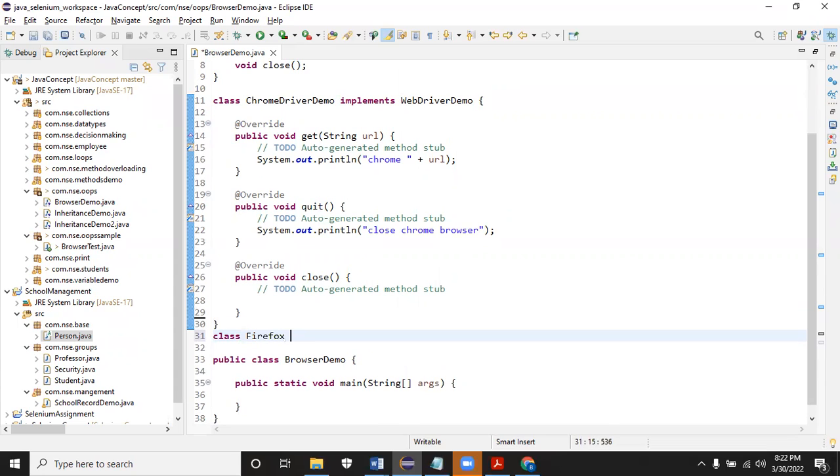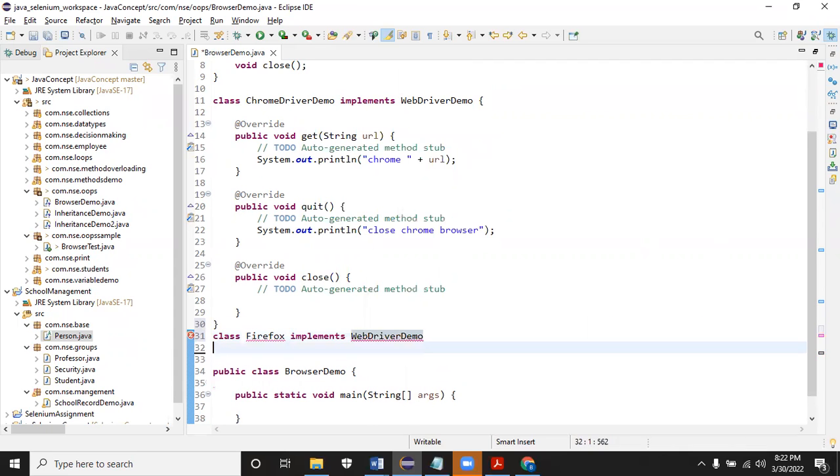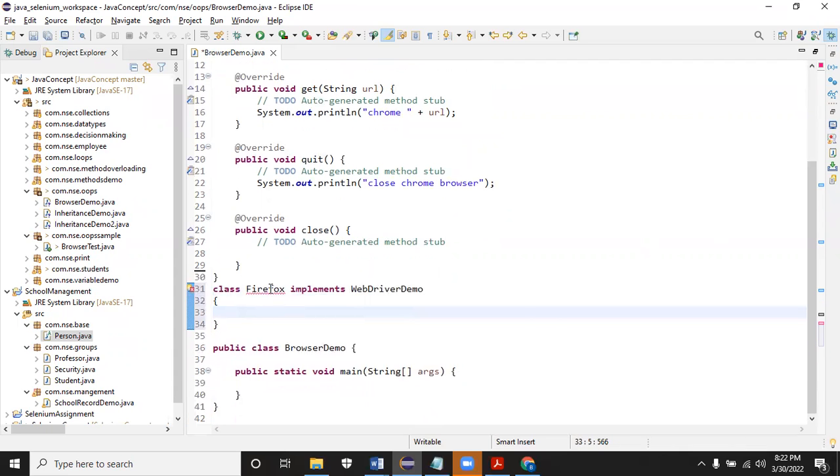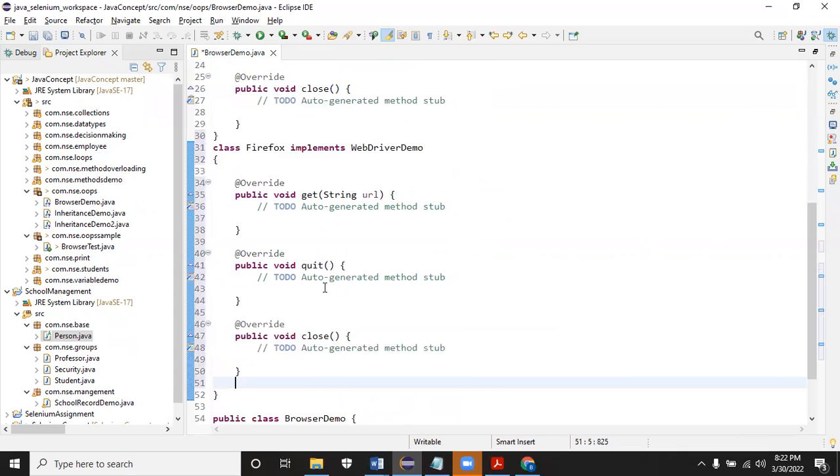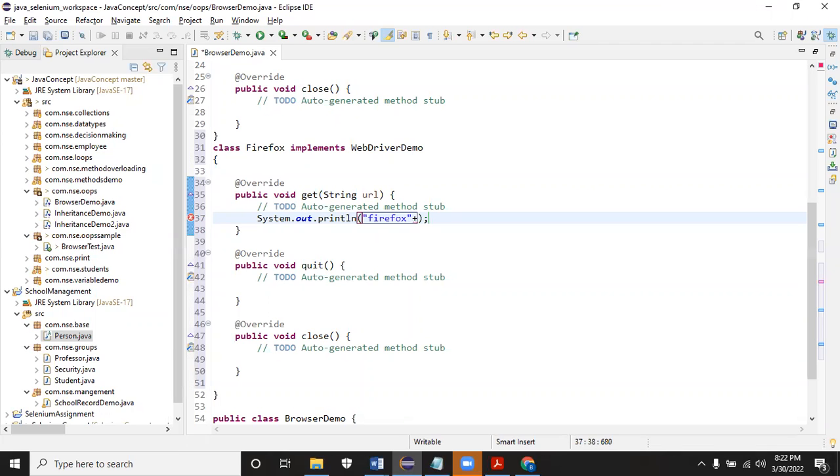Firefox implements the interface, so if you see the methods, the definition will be different. In Implements, the logic will be navigating to the URL in the Firefox browser. Firefox might be developed with Java and all. Chrome will be developed with different languages. Edge and all will mostly be .NET related. So based on the logic, it will do the operation.